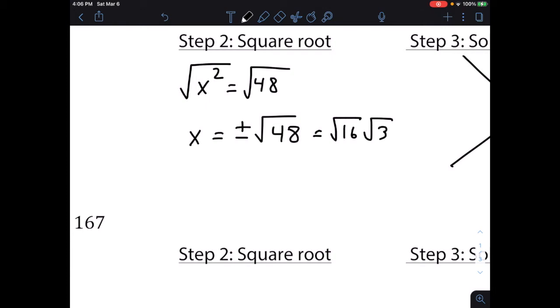And so we can simplify that to 4 times the square root of 3. And the thing we really don't want to forget is what we just talked about in the opening, where we have to think about the positive and the negative. So there are two answers here. One is positive 4 times the square root of 3, and the other one is negative 4 times the square root of 3. Okay, so there are the two solutions to that quadratic equation,